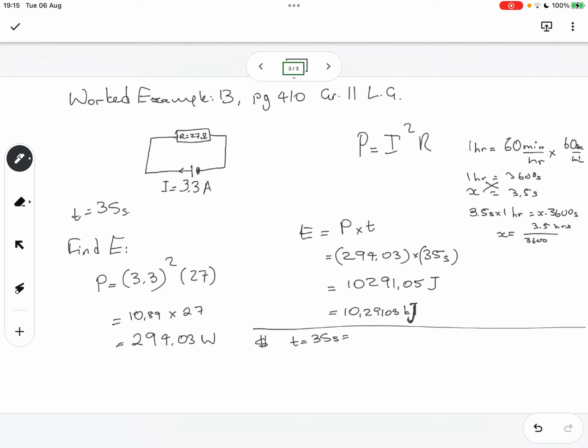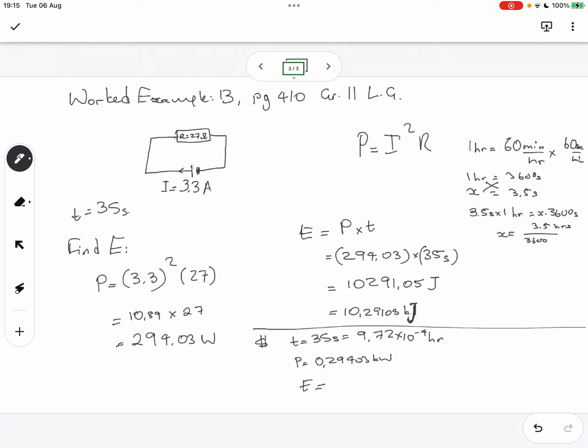3.5 divided by 3,600. Okay, so it's 1, 2, 3, 4. 9.72 times 10 to the negative 4 hours. That's fine. We know the power is 0.29403 kilowatt. So if we multiply this by 0.29403, we get